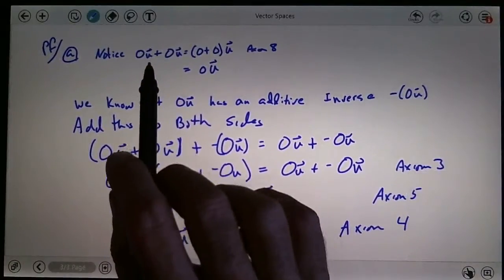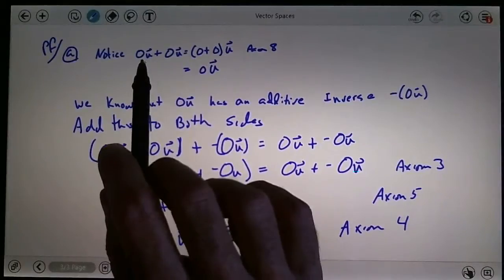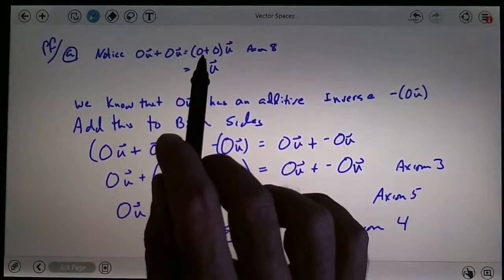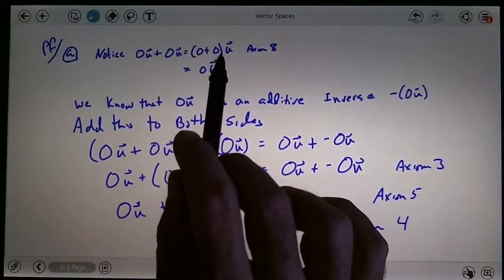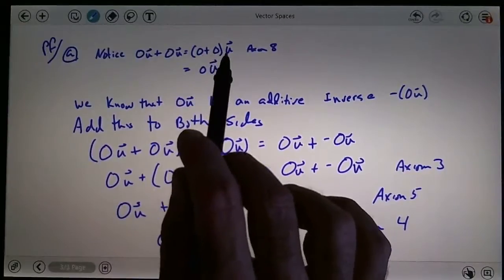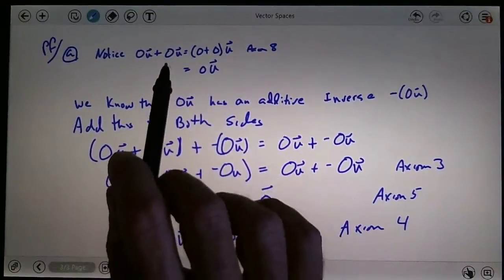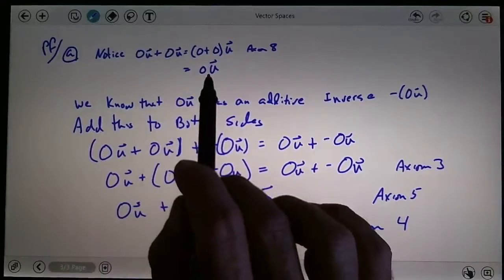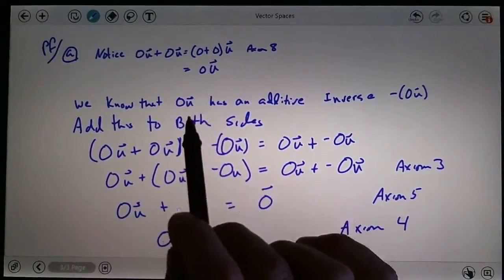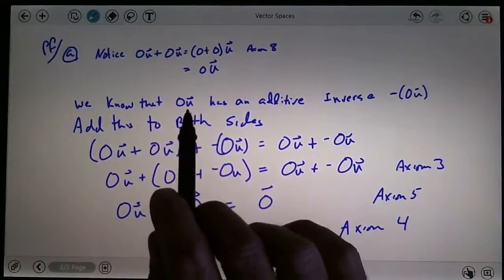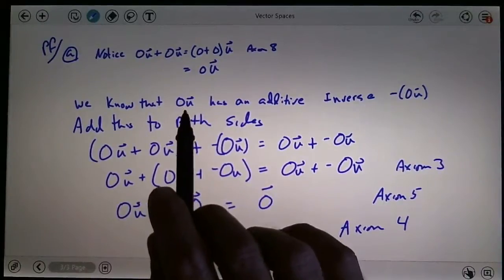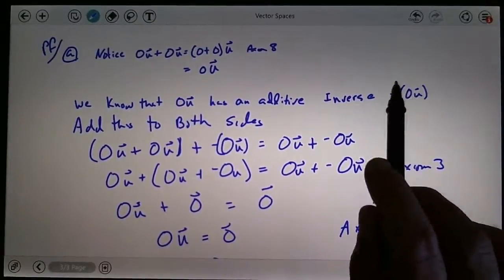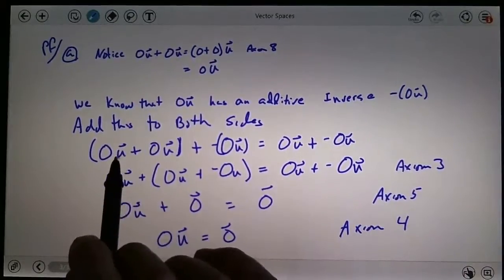Notice that 0u plus 0u is equal to this. This is the distributive property. You have real number addition here times u, as there's a scalar times u, and there's a distributive property that works this way. But in real numbers, 0 plus 0 is 0, so this plus that is equal to this again. Now, we know that every vector has an additive inverse. So in particular, whatever this vector 0u is, it has an additive inverse, which we call minus 0u. So if I add this vector to both sides of that equation,